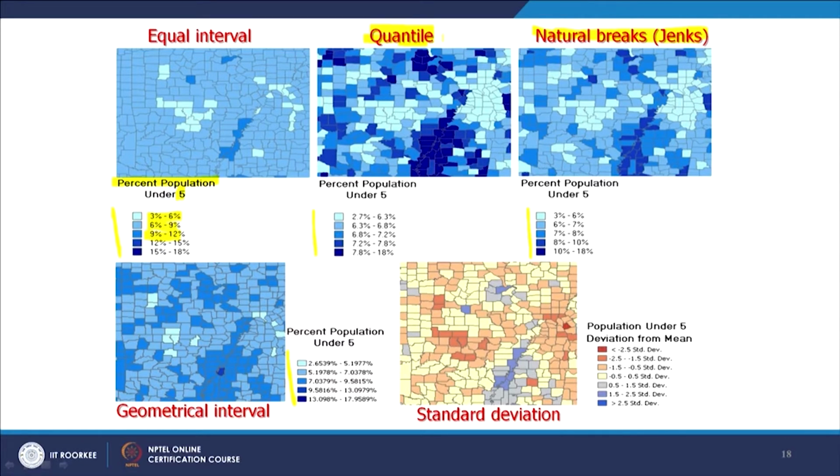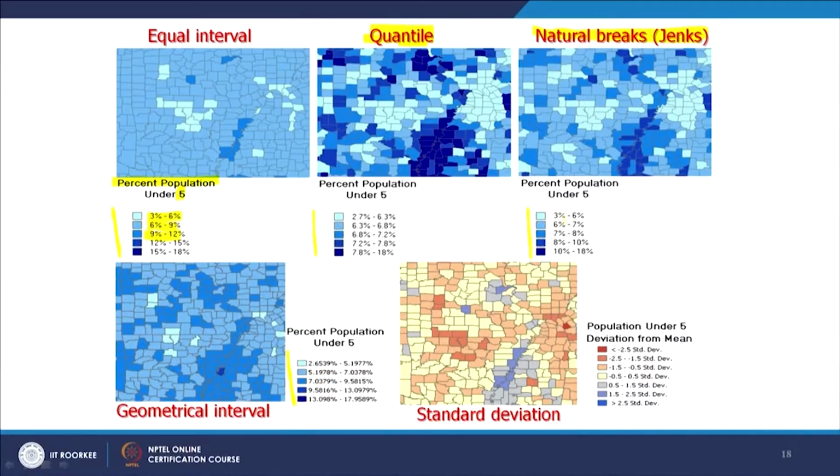But this is data specific. It may not be true in all the cases. It depends on how the data is distributed, what the histogram is, and what the other statistical parameters are. So, in this particular example, quantile is giving quite good results. Then natural breaks, again 3 to 6, 6 to 7 here. So, the range is changing here. It is 3 to 6 and then 6 to 7, just 1% difference,